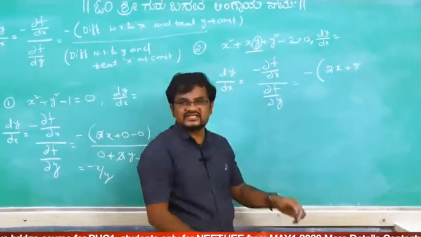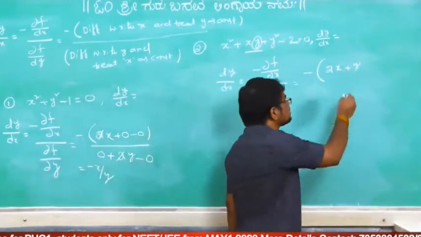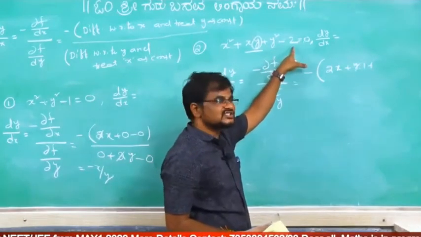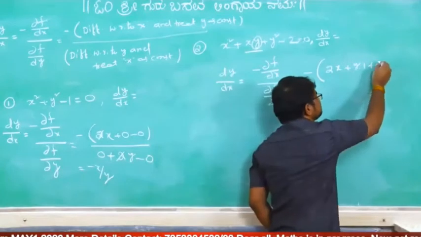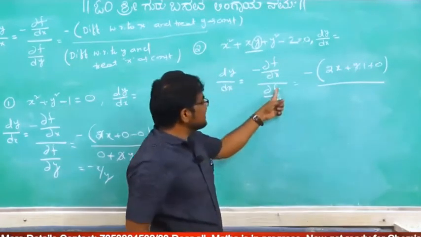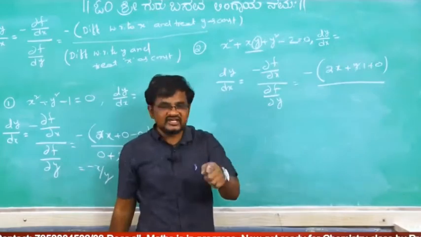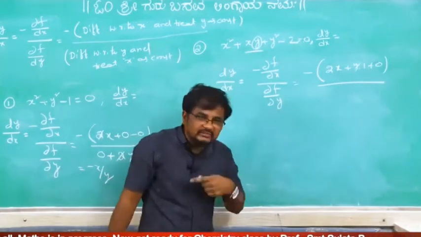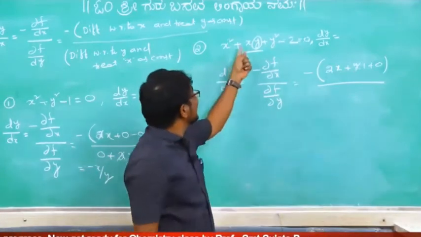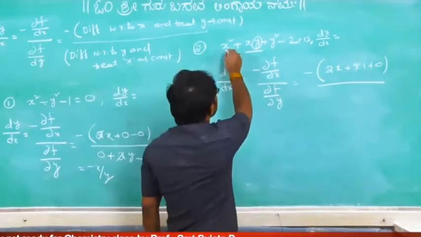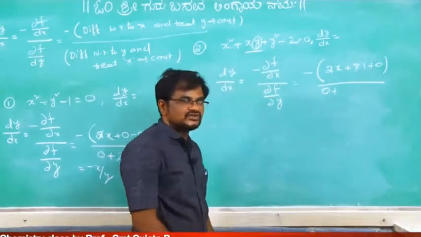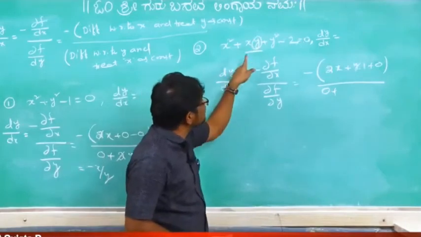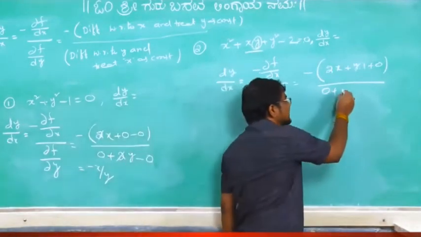Now differentiation of x is 1, plus differentiation of y square, constant is 0, differentiation of a constant is 0, whole divided by, again here it is what? Differentiation of the given function with respect to y. With respect to y means partial differentiation with respect to y, you should take x as a constant. This is 0 because x square is a single constant, and again it is a scalar multiple. Scalar multiple means which one is constant here? X is constant. X is constant.